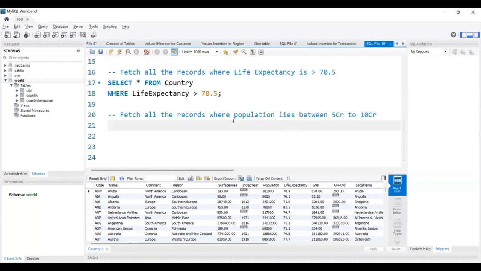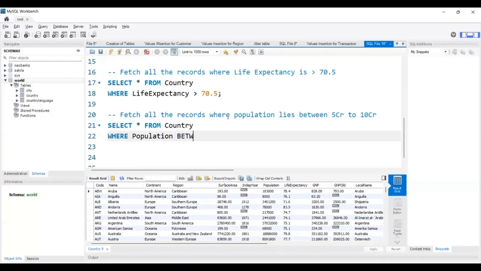For this, we will write select asterisk from country where population between 5 crore